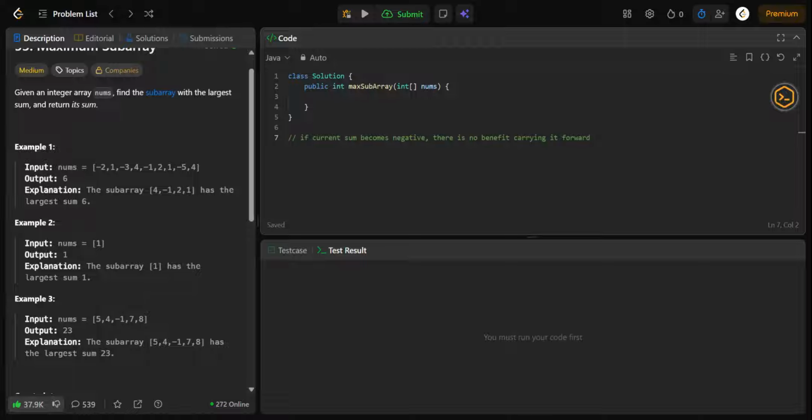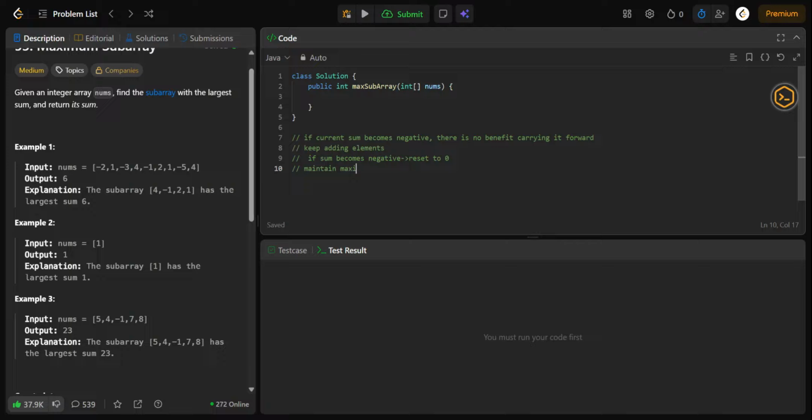If the sum becomes negative, then reset to zero and maintain the maximum answer. Okay,